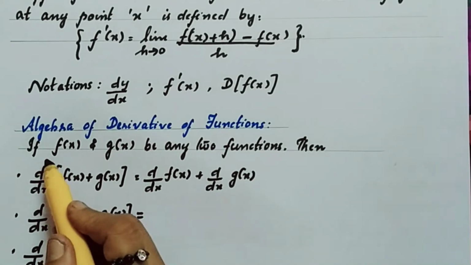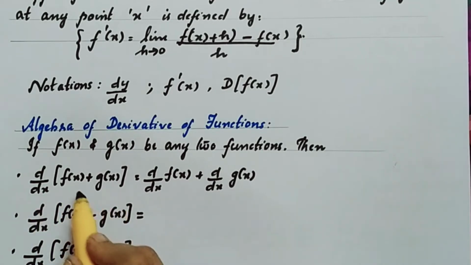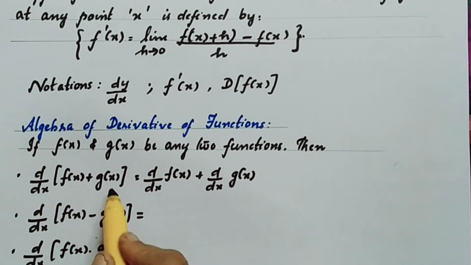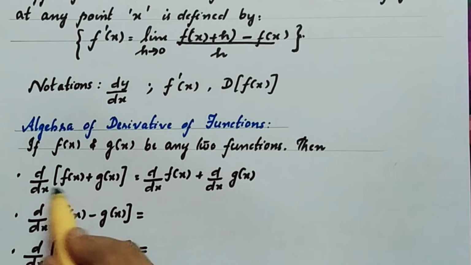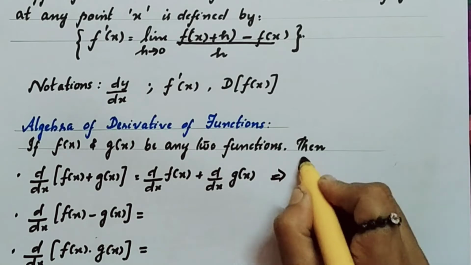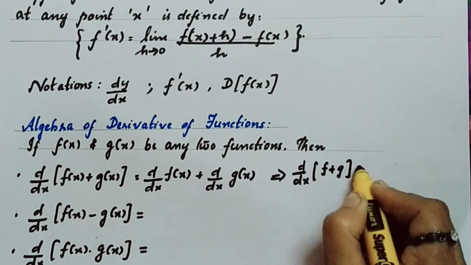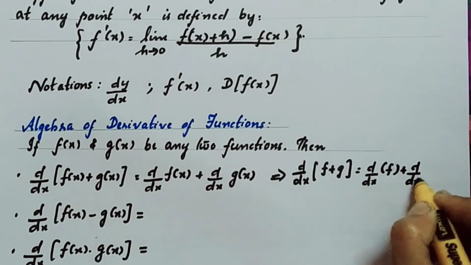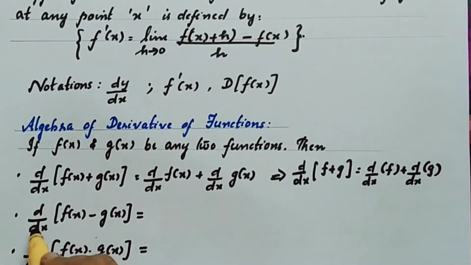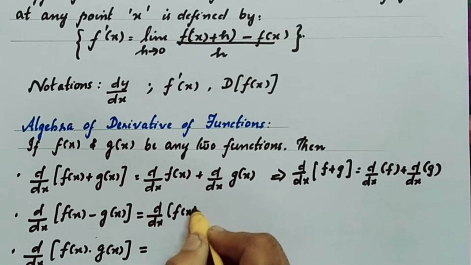Listen to this. If f(x) and g(x) be any two functions, then derivative of f(x) plus g(x), that is the derivative of the sum of two functions, equals derivative of the first function plus the derivative of the second function. That is derivative of f plus g, if you consider two functions as f and g, can be written as derivative of f plus derivative of g. In the same way, derivative of f(x) minus g(x) can be written as derivative of f(x) minus